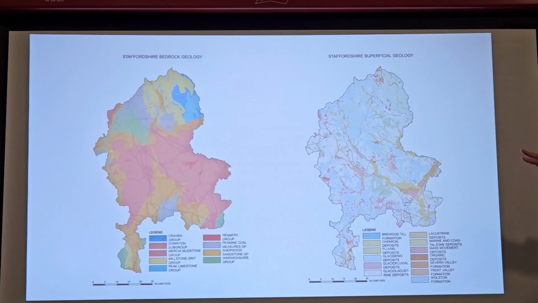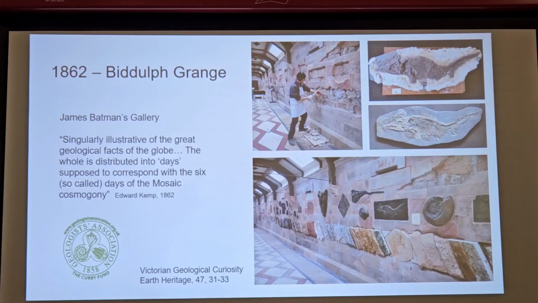Now, what I've done with the Staffordshire geology and geoconservation is I've identified a series of dates which we can go through, which have some relevance, connection with the development of geoconservation in response to Staffordshire's geology. And the first one that I'm going to pick out is 1862, Biddulph Grange. Now, I'm imagining that a number here are familiar with Biddulph Grange, been to Biddulph Grange, know something about what it's about. And this connects to